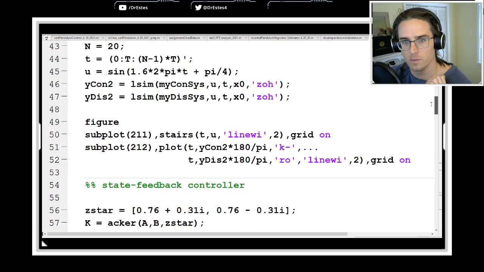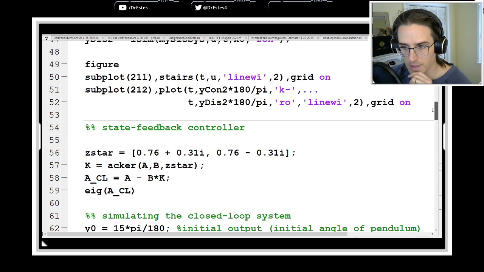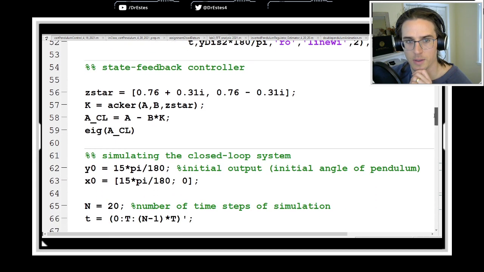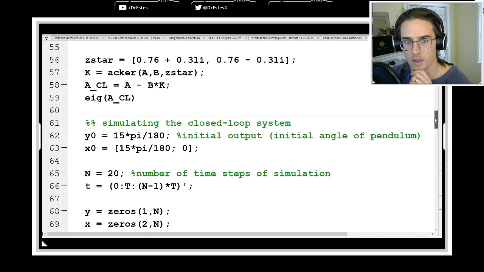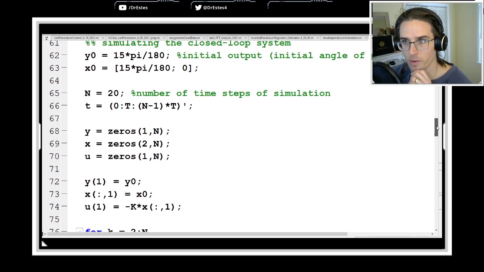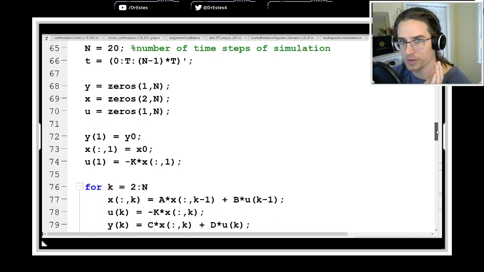How does this compare to the root locus method and that design process? What is easier? What's more difficult? And I think a lot of it will be a little more straightforward. But in order to do that,